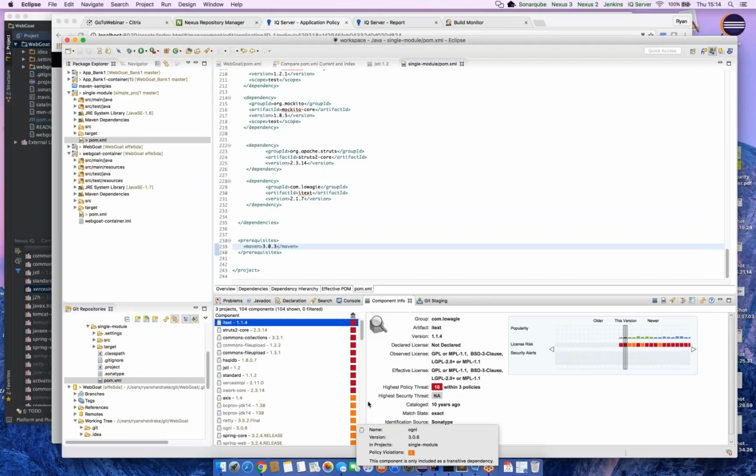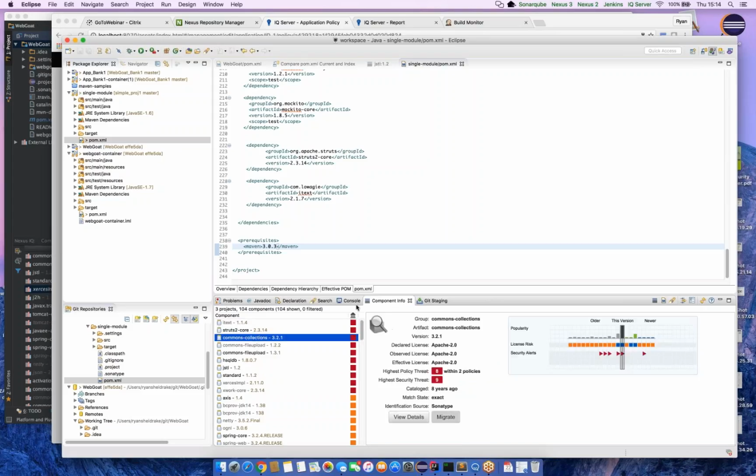So as a developer, I would start to look at my applications. I've actually got 3 being scanned here with 104 components. I can see that I've got some high risk or vulnerability or license exposures within my applications, so I could start to work through this list in a targeted manner. So I've got Commons Collections 3.2.1 within one of my applications,